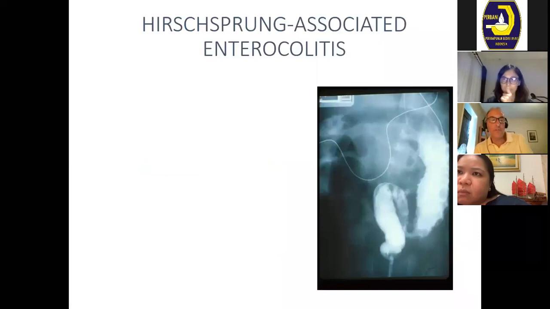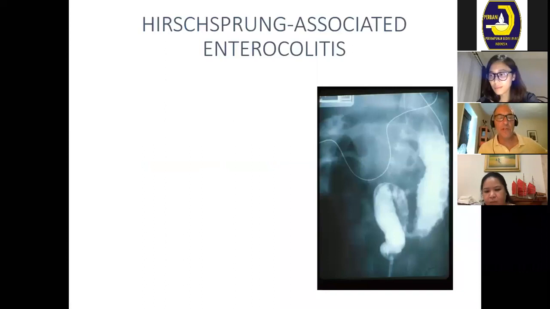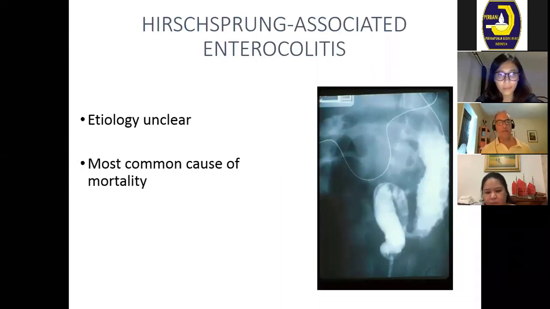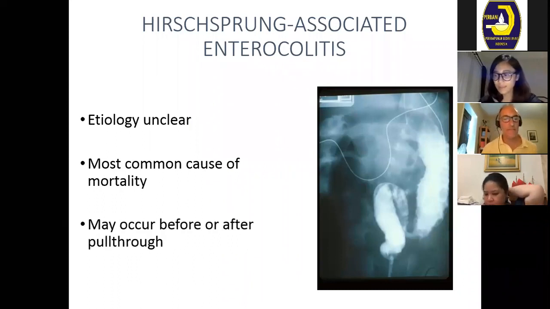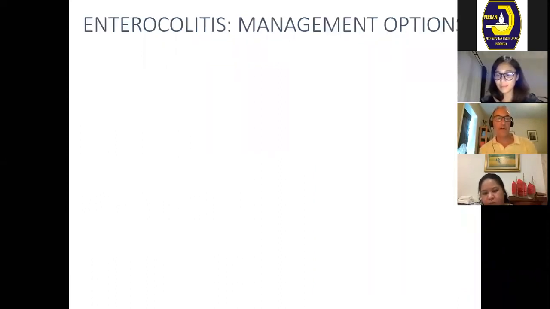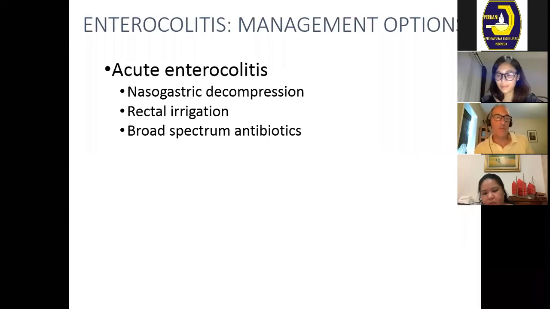So I'll go quickly through the last bit of material that I have for you. Enterocolitis, we don't really know what causes enterocolitis, but the most important thing is it's the most common cause of death in children with Hirschsprung disease. And it can occur before a pull-through, but it can also occur after a pull-through. So when we see acute enterocolitis, I think most of you already know this, but we treat it with an NG tube. Irrigation is really the most important part to decrease the bacterial load in the bowel,